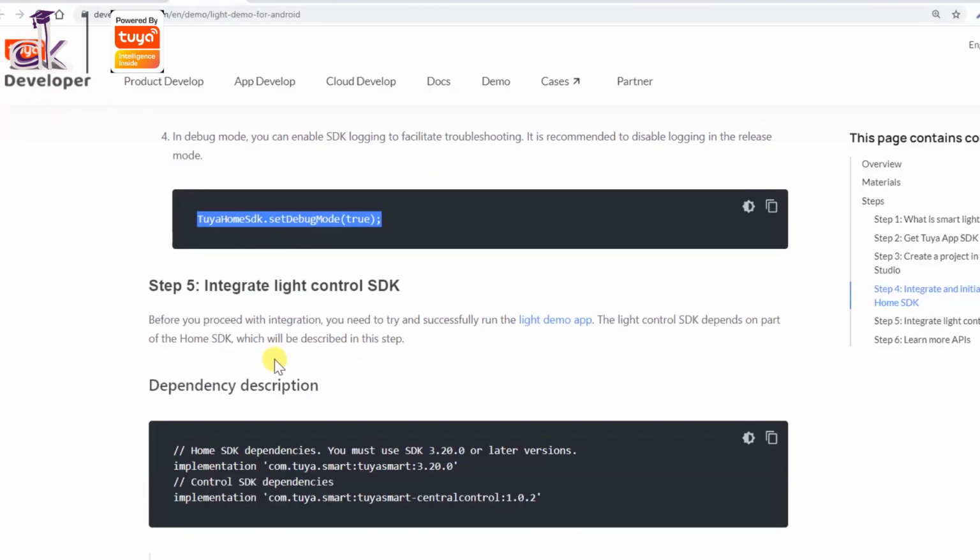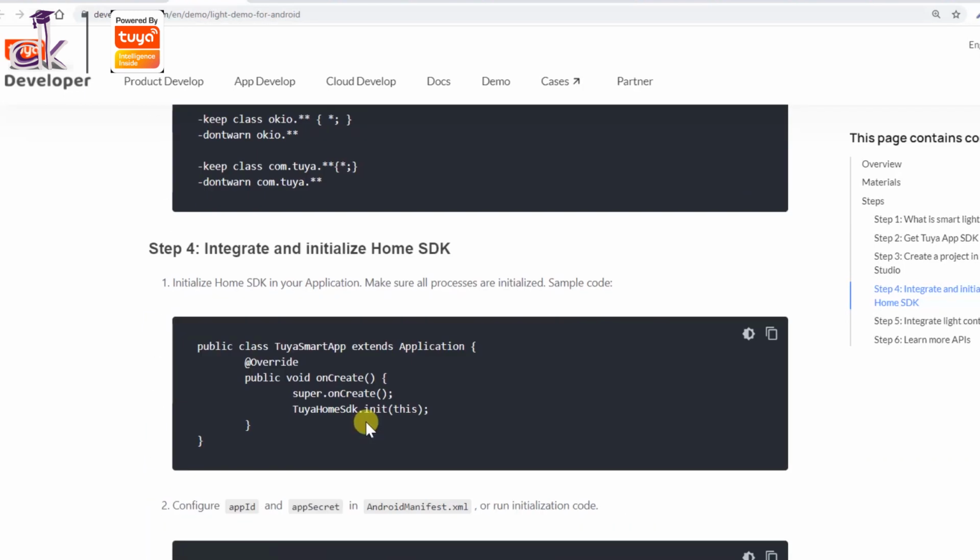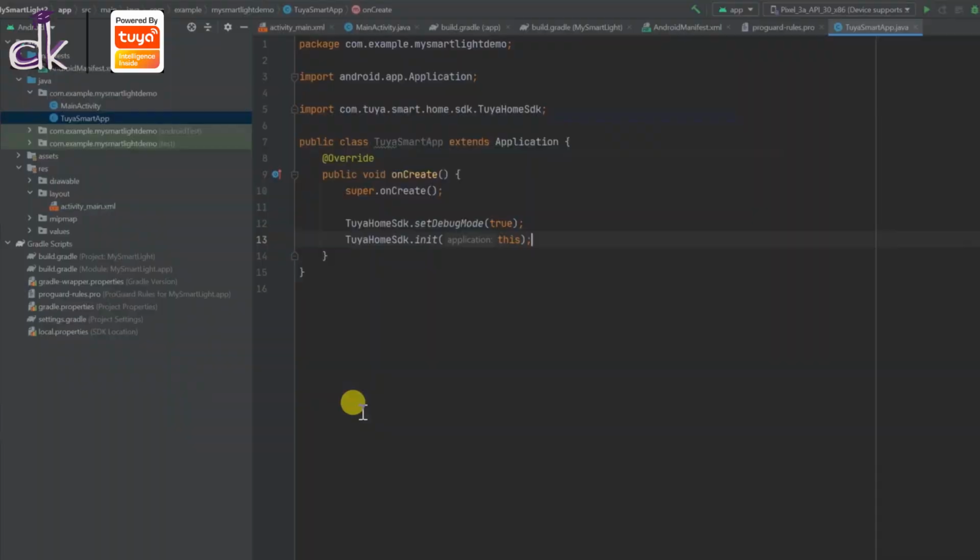And finally, it is to integrate the light control SDK. So before we do that, we need to first ensure that the home SDK is working fine, right? And what are the capabilities of the home SDK? So with the home SDK, you can log in the user onto the cloud platform, right, to ensure that we only have users who have access to actually control the devices and not just anyone.